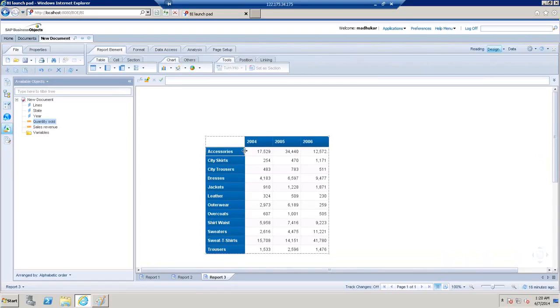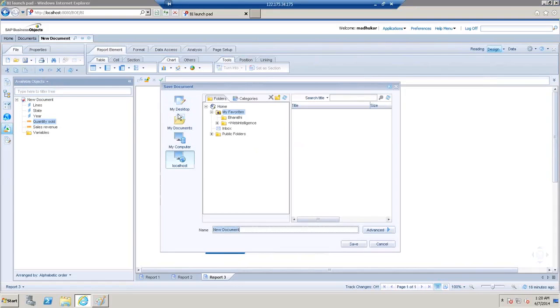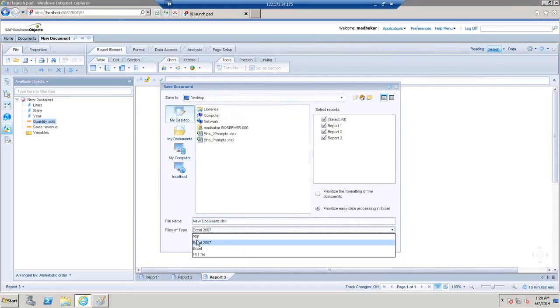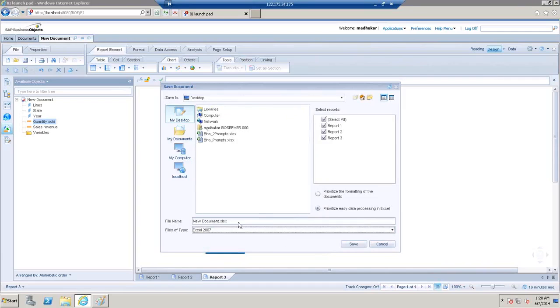So you can analyze the report offline if you save that report in Excel or PDF format. So how to save that report in Excel or PDF format? Just make it a save as document, my desktop. You can save it into a different format. You can see, guys, PDF, Excel, and text files. So I'm making it in the Excel format. Okay, new document, save it,